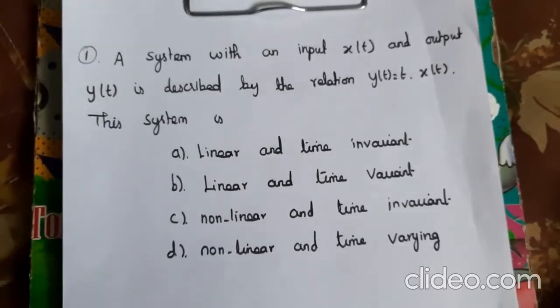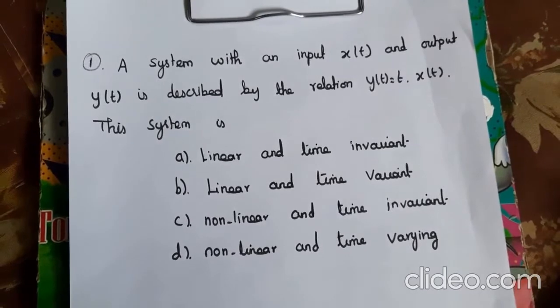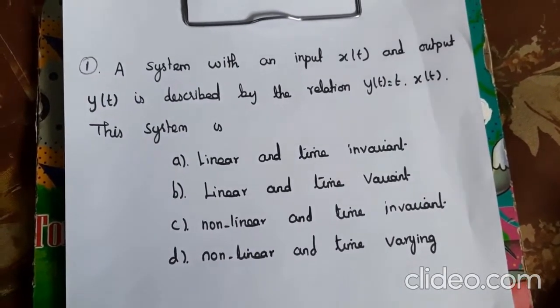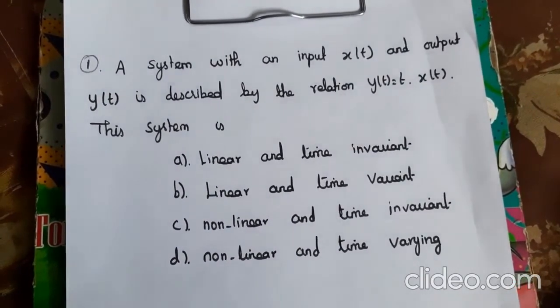First question, a system with an input x of t and output y of t is described by the relation y of t is equal to t into x of t. This system is